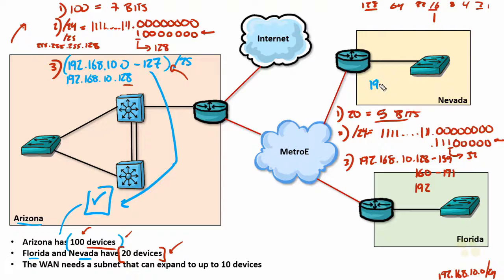Nevada, 192.168.10.128 through 159 is its network range. I'll do a slash. Oh, I forgot. /24 to /27, right? 3 more bits that we added on there. So it's /27. And down here in Florida,